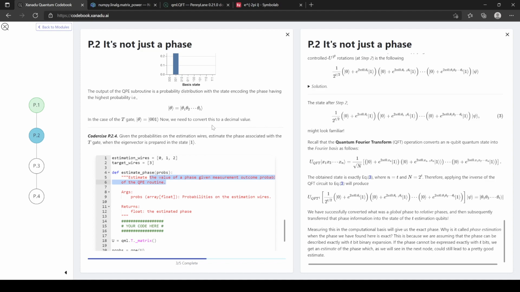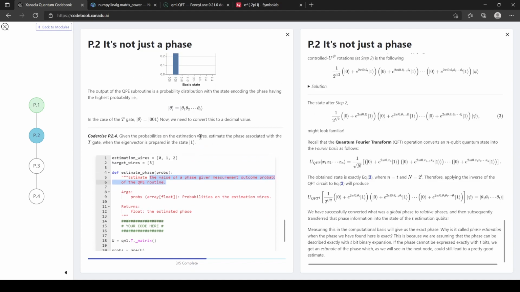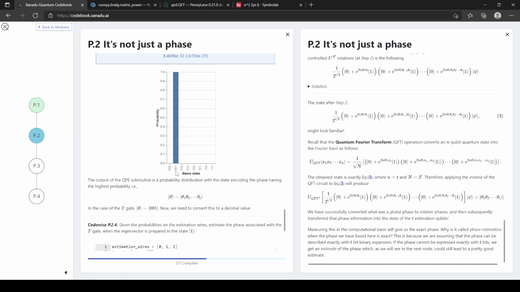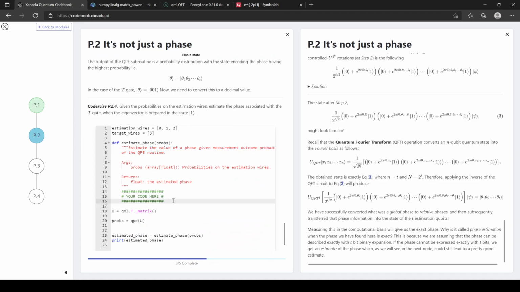Estimate the phase associated with the T gate when the eigenvector is prepared in the state 1. Okay, so this is to the first, to the second. Okay, so what we want to do is